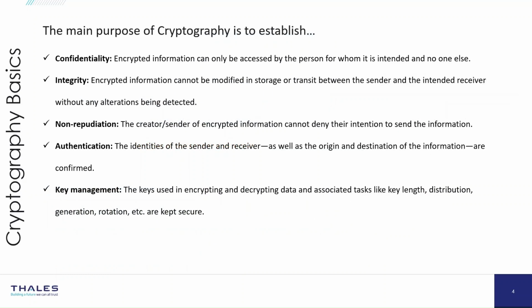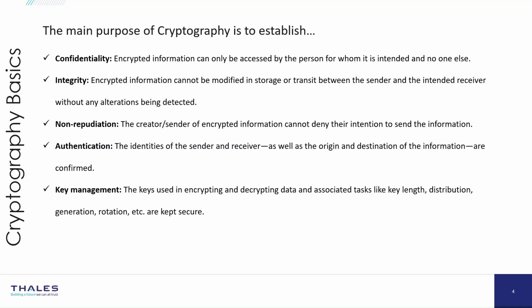Okay, so before we look into more use cases of encryption and cryptography, let's quickly go through the main purpose of cryptography itself. These are some of the major reasons why cryptography is required. The first one is confidentiality. As I said earlier, the data which has been scrambled or encrypted can only be read or reversed by the intended party. That is the key purpose of cryptography, right?